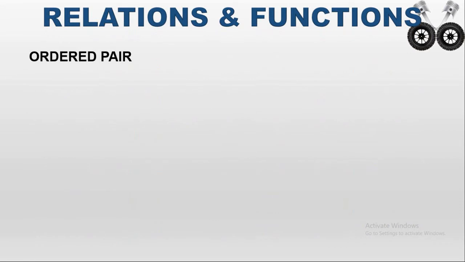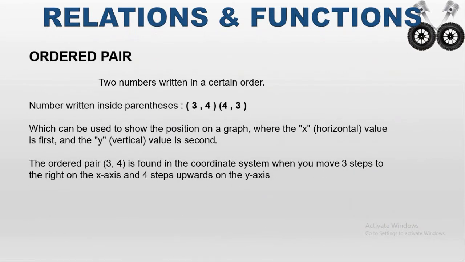So next we are going to see about the ordered pair. So what is an ordered pair? Pair means two. If I want to represent two numbers in a particular order, then it is called an ordered pair. For example, how can you represent the ordered pair? The ordered pairs are represented inside the brackets.